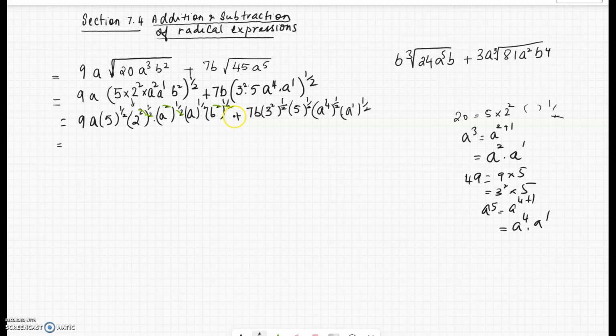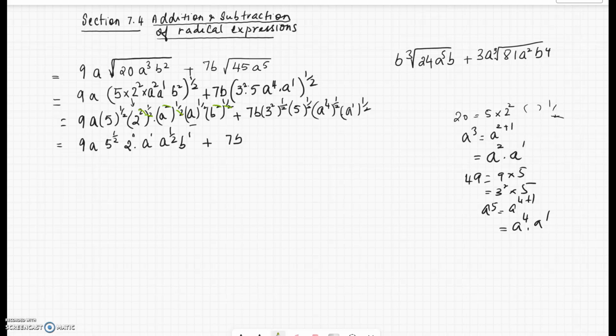So this is equal to 9a, 5 to the half, 2 to the 1 times a to the 1, because the 2 and the 2 cancel, and then it's a to the half, b to the 1, plus